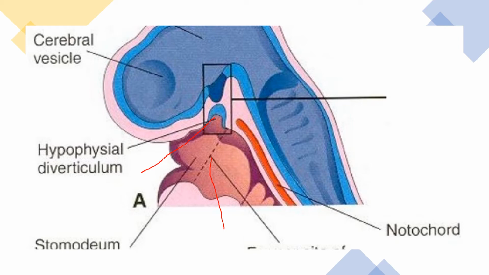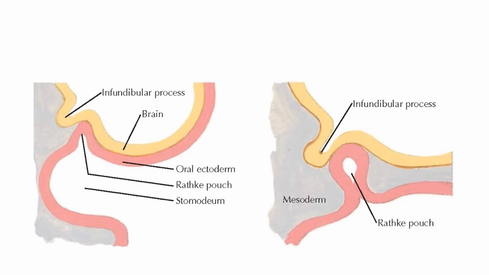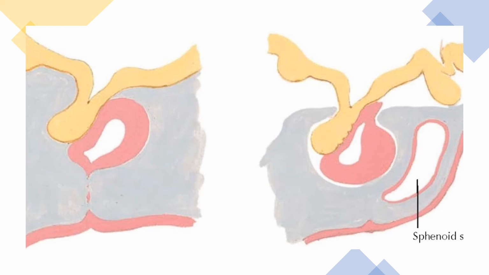Above this we can see the neuroectodermal cells which project downwards from the floor of the diencephalon. So during the process of development, the ectodermal cells arising from the roof of the stomatodeum project, and this projection is called Rathke's pouch. This Rathke's pouch is surrounded by mesenchymal cells, so that the separation of this pouch from the stomatodeum occurs. The separation of the Rathke's pouch occurs by means of the surrounding mesenchymal cells.